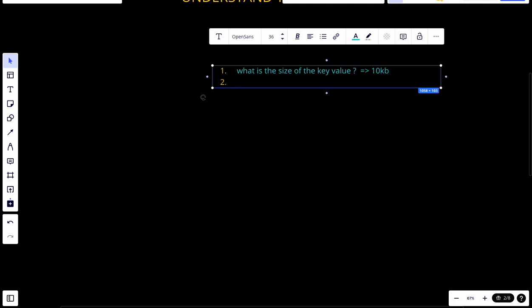The second one I want to ask about is the full database. Is the database scalable, or does the database have